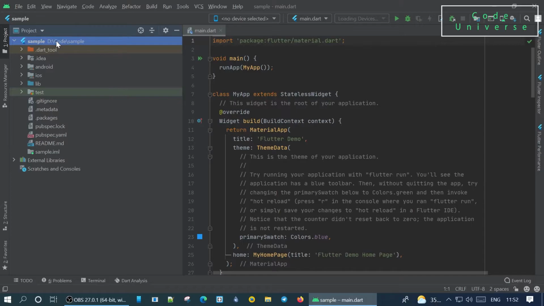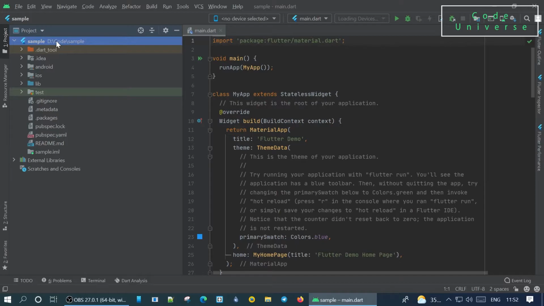The next folder is the Android package, and this will contain all the packages and files related to your native Android app. If you have ever worked with Android platform, you will find this package familiar. Whenever you want to implement any Android specific features, you have to work with this package directory. And the next folder is iOS. Similar to the Android package, the iOS package will also contain all packages and files related to your native iOS app. Whenever you want to implement any native iOS specific feature, you may have to work in this package directory.